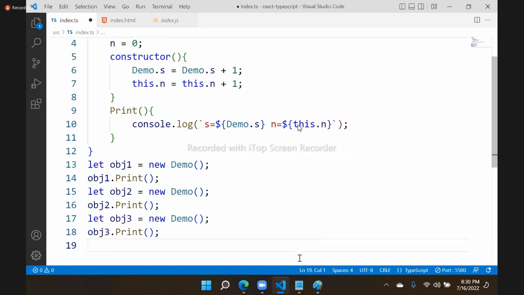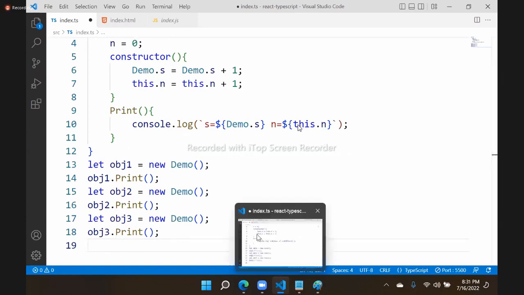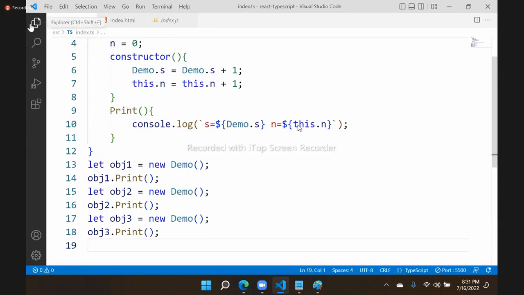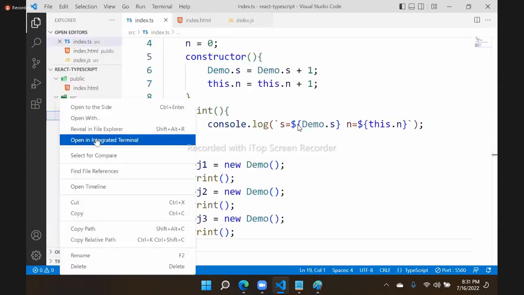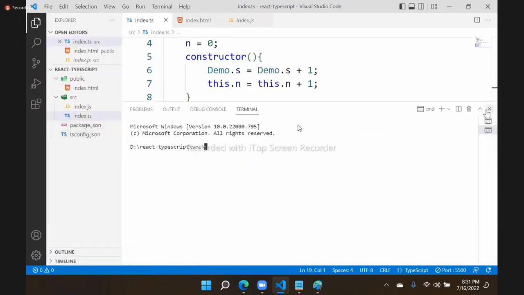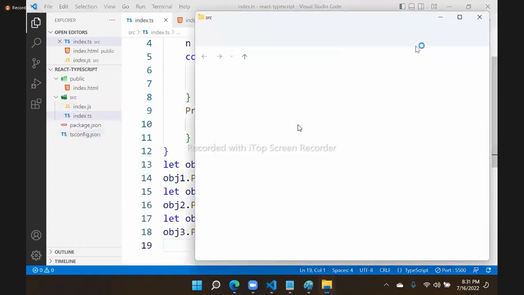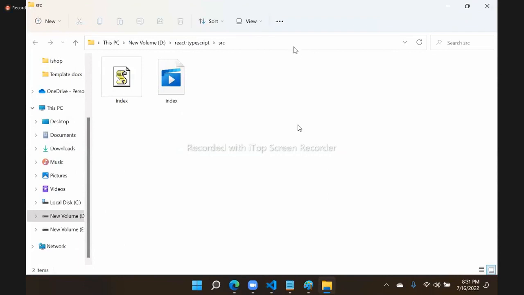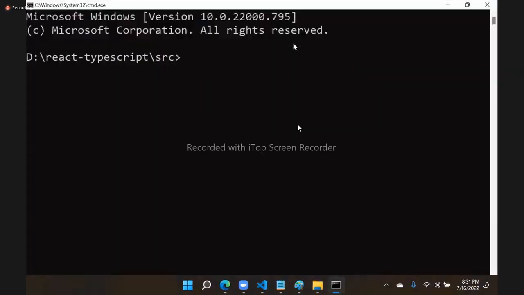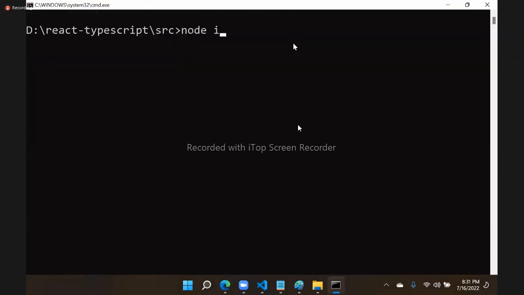Now let's run this and see. So I will open this here. Just for your convenience, I am opening this in Explorer to show you on a new screen. Otherwise it is not required. Test internal: tsc index.ts, and we will compile this, and then node index.js, and you can see that